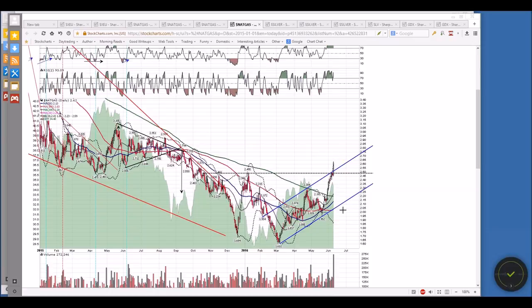Look what happened today. We blew through both channel resistance and this resistance level with a lot of confidence. What does that mean? Well, it means that this isn't an IHS, but this is a double bottom, and we've just fixed the target. This is the RTH chart, obviously, but the target here would be at about 3.3 with the obvious resistance at about 3.1.